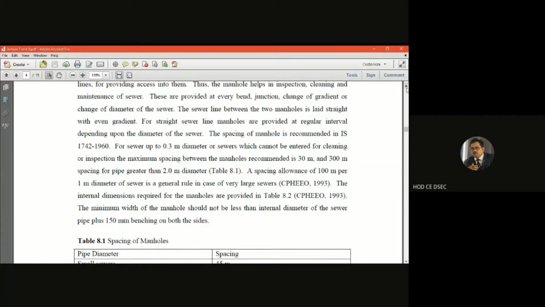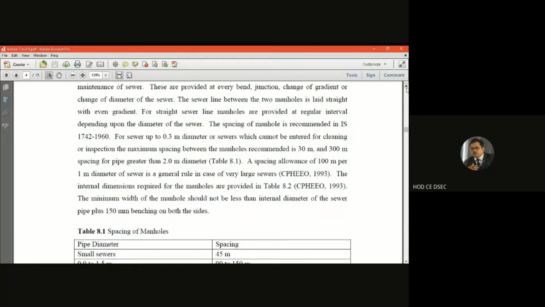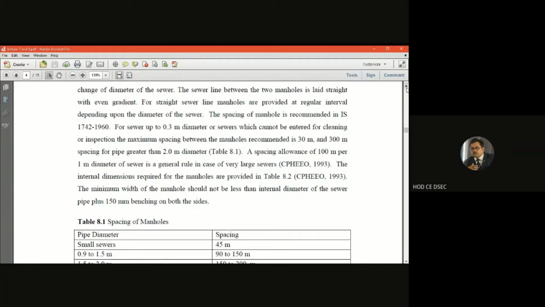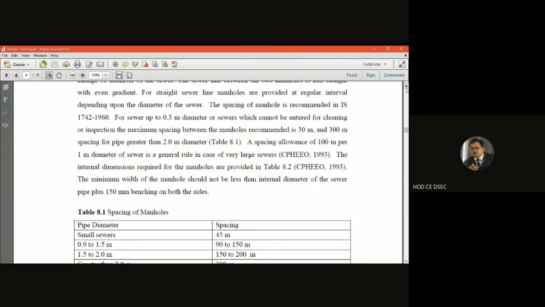Another parameter which is very important for designing the manhole is the inside dimension. That means what will be the design criteria, what will be the inside dimension of the manhole, that is very, very important. The internal dimensions of the manhole are provided in the CPHEEO manual, that I'll be showing you in tabular form. So the minimum width of the manhole should not be less than the internal. What is the thumb rule? The thumb rule is the basic guideline for determining the inside dimension of the manhole, and there should be